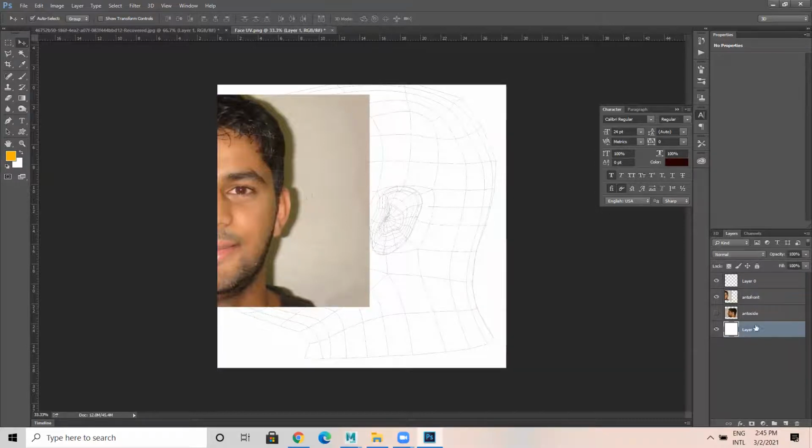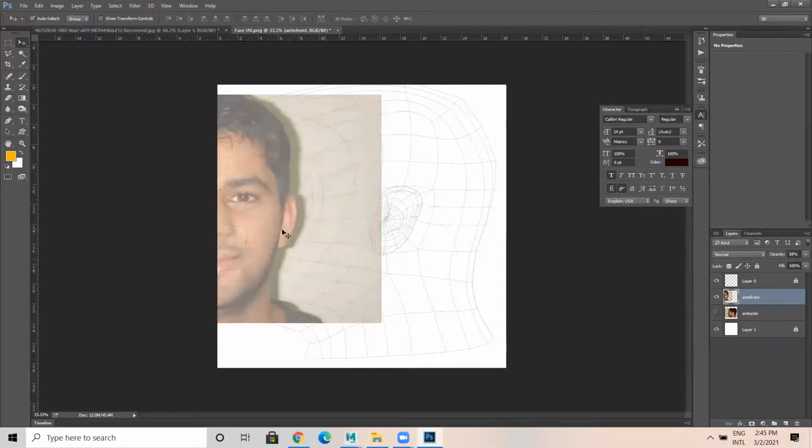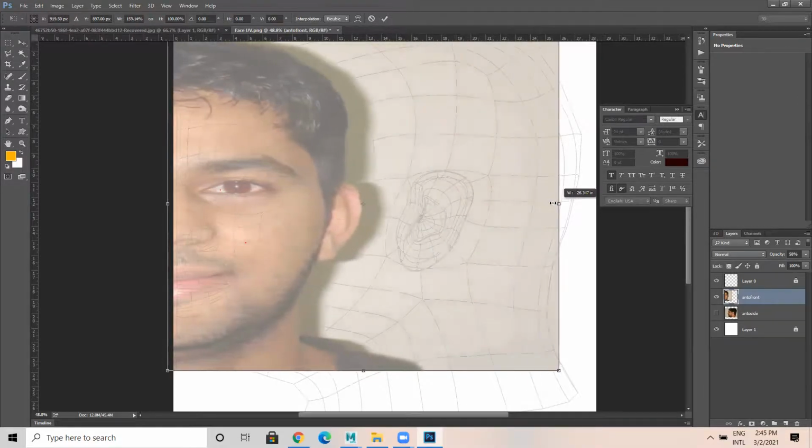So this particular last layer, I would like to lock this. And let me reduce the opacity of this so that I can see this as well. Like this.